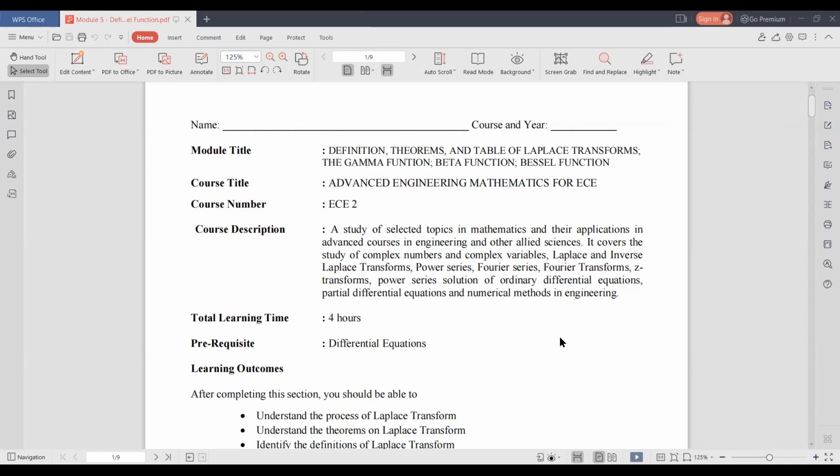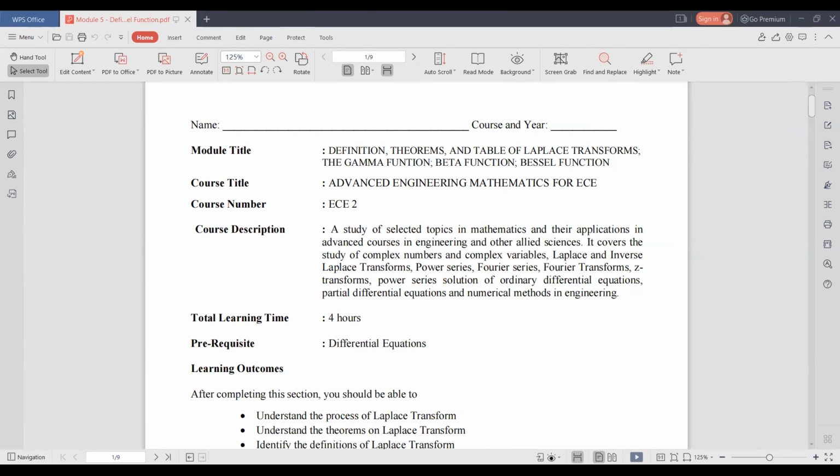Na-encounter nyo na yung Laplace transform, power series, Fourier series. So if you encountered na yung Laplace transform, I think siguro pro na kayo dito, no? Mabilis na lang to. If pag wala pa, then you should try to check your circuits notes